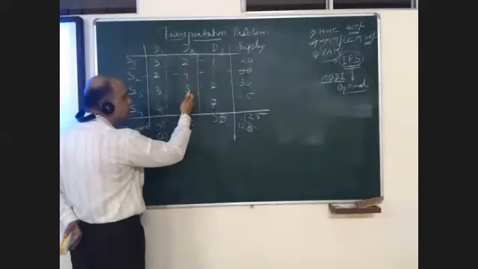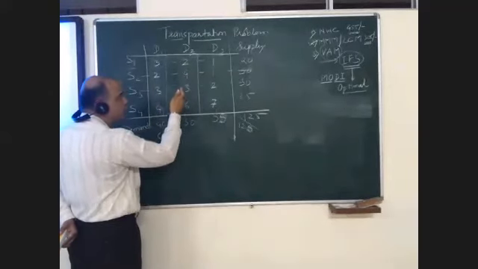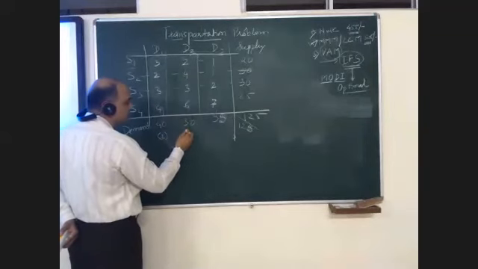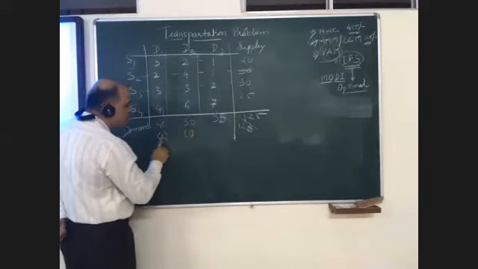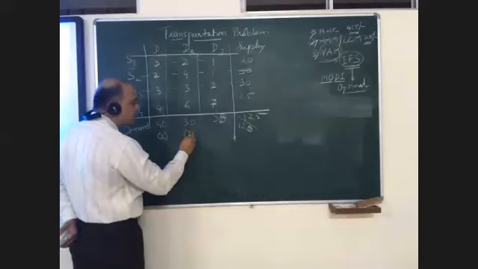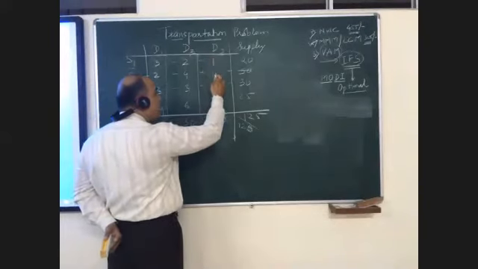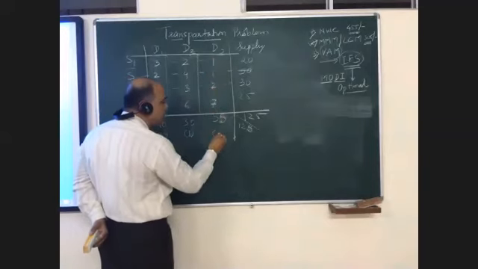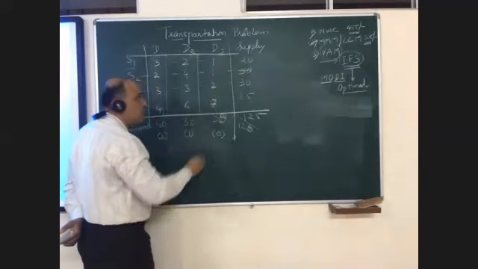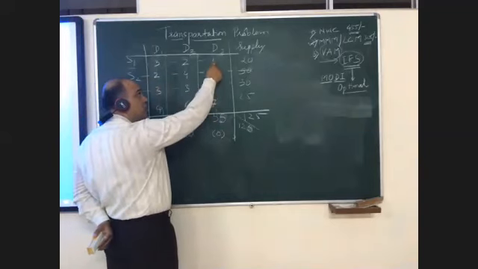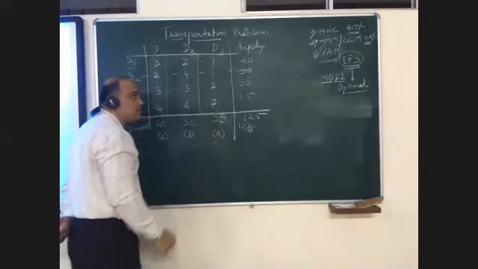Next, the minimum is 2 and the next minimum is 3. Similarly 2, 4, and 3, 6. You will always write the difference. This difference is the opportunity cost. Now in this column, 1 and 1, both are minimum, so the difference is 0. Please remember, for 1 and 1 the difference is 0.